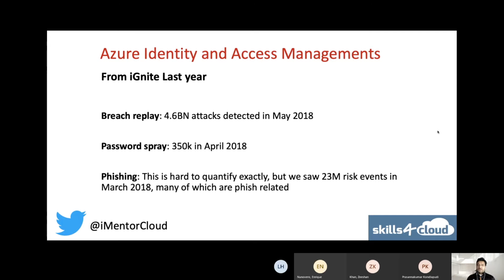Phishing is very common. I don't know if you know or not. A phishing attack is very, very common, especially in the last 8 weeks, what I've witnessed myself. People are being phished more than before, and accounts get compromised. So how do we protect against that? We'll look into that.